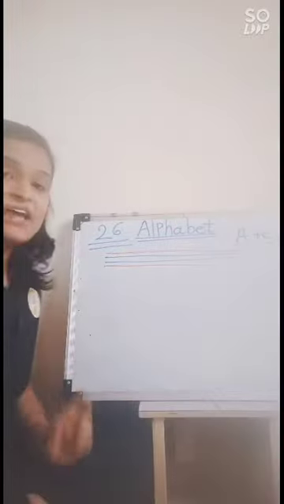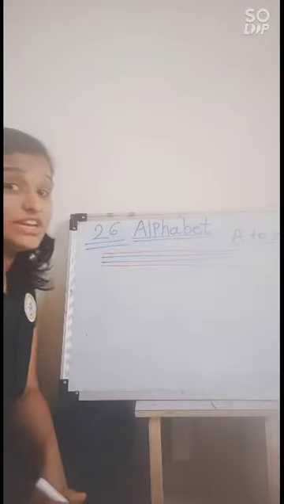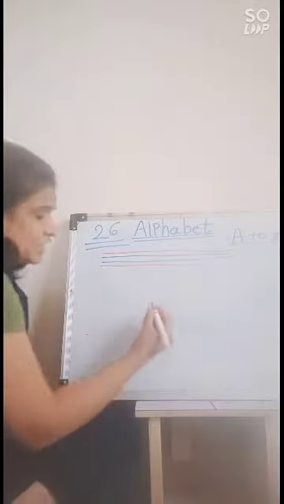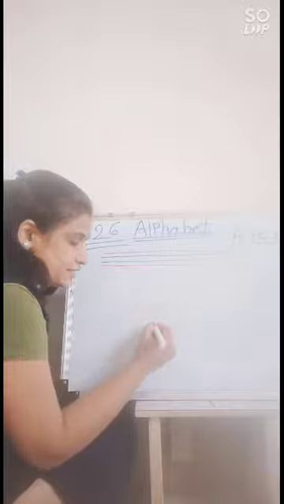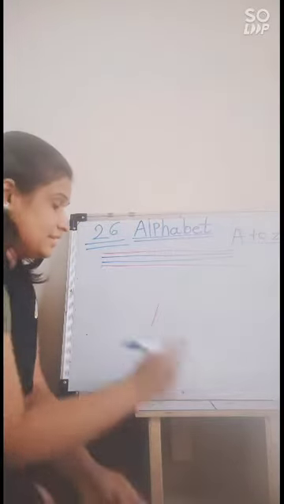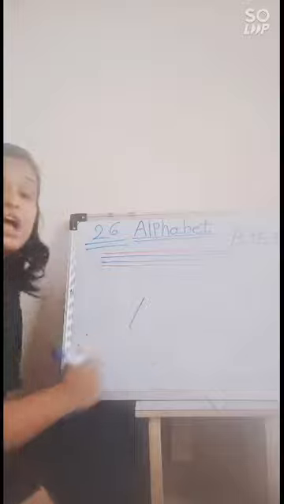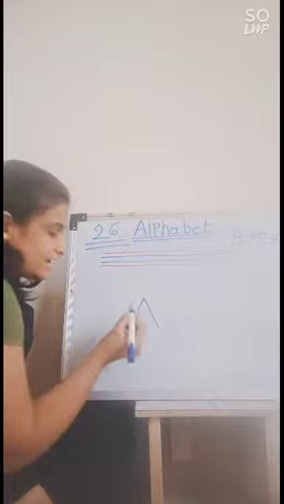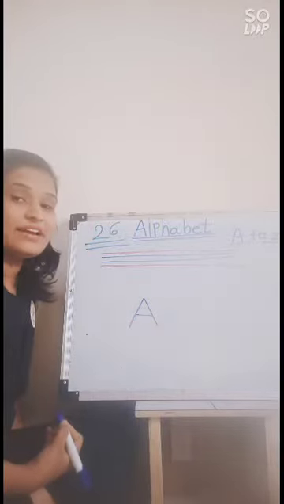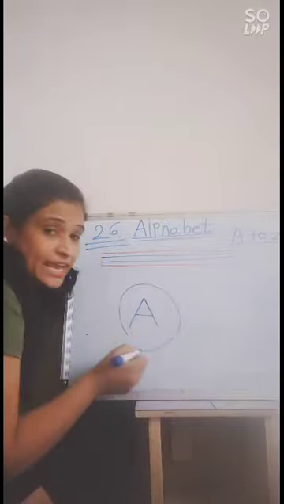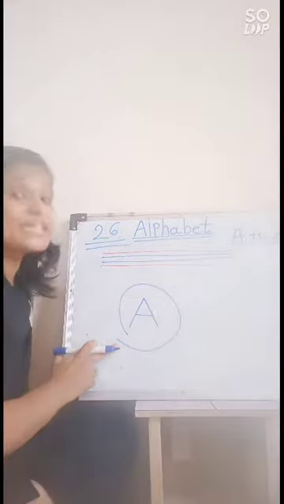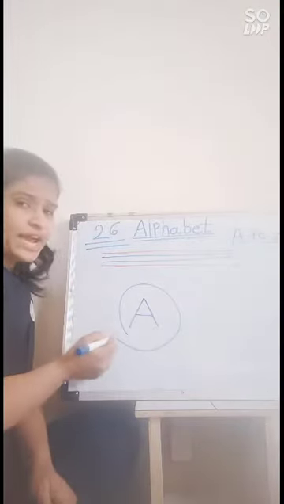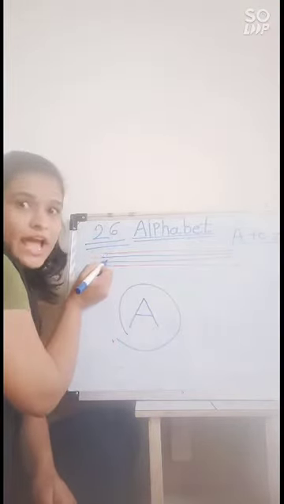Now today I will show you how we can write the letter A first. How can we write A? There is a slanting line, then another slanting line here and one sleeping line here. That is called A. Which letter is this? A. Now I will show you how we can write A in your 4-line notebook.